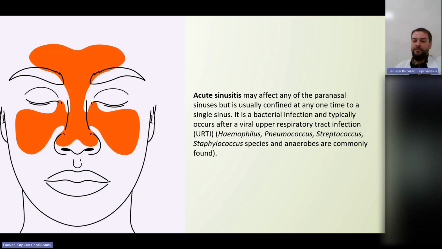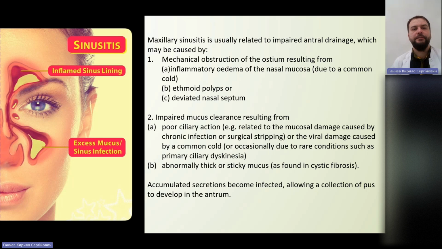And when we have a problem with our immunity, we start to have a problem with them too. So we have maxillary sinusitis. Sinusitis is usually related to impaired antral drainage, which may be caused by: